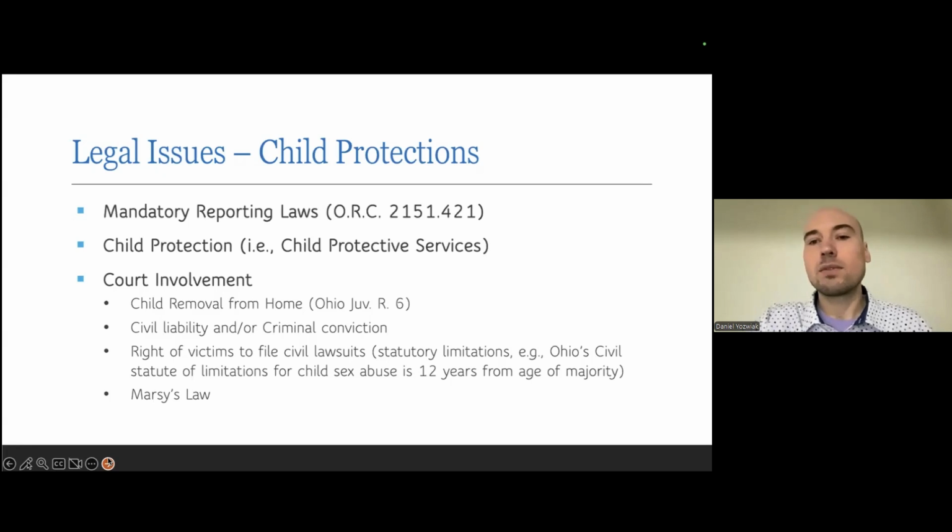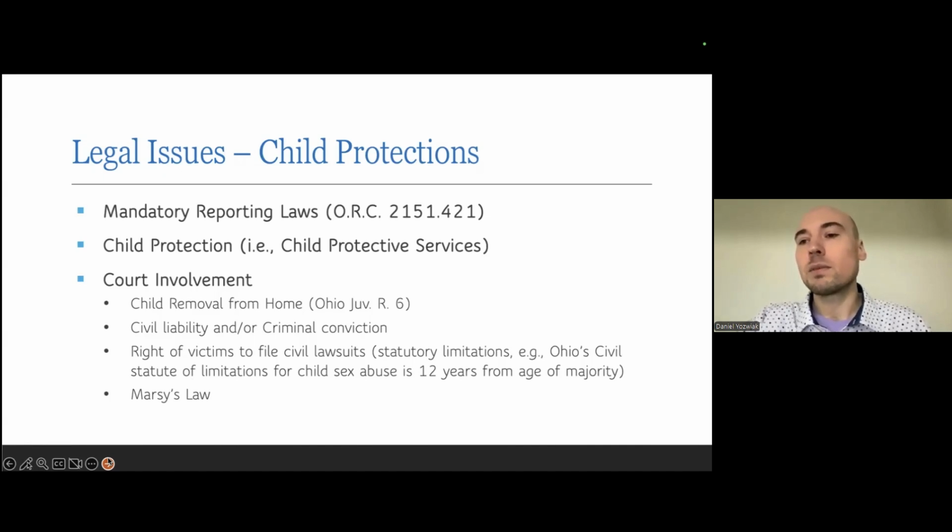We will see both civil liability and, on my end, what I do specifically, criminal guilt is found with people that are accused and then confirmed to have been neglecting or abusing a child. In terms of civil liability, we're thinking about compensatory damages. So money being paid for physical harm, emotional harm, medical bills, mental health bills, things like that. Criminal conviction obviously focuses on incarceration, protecting the public and other children from further harm. And we'll talk about that just a little bit more in a moment. There are, of course, rights of child victims to file civil lawsuits. There are statutes of limitations.